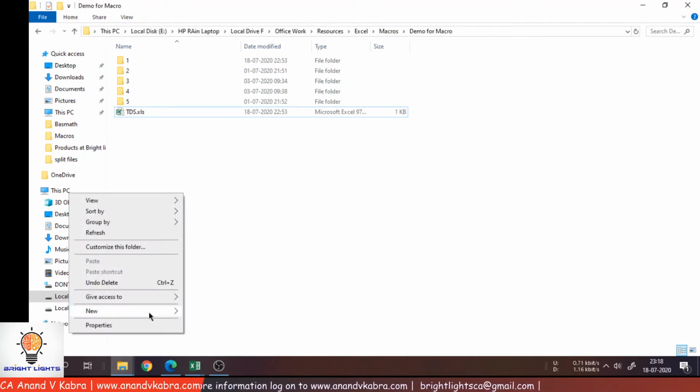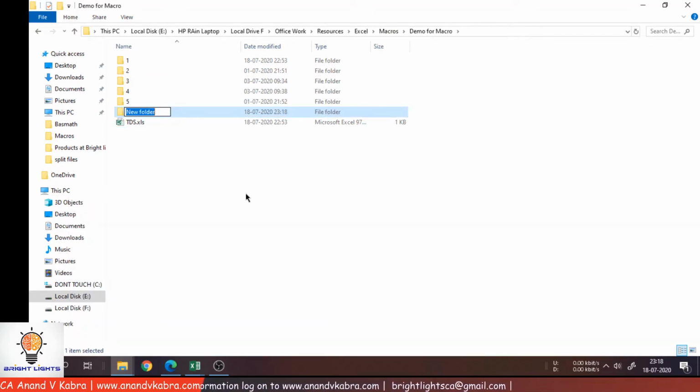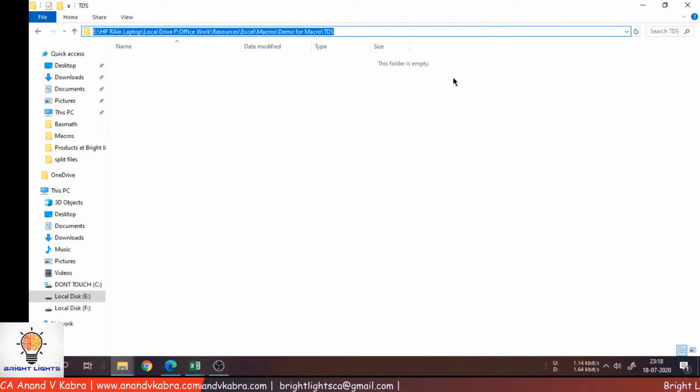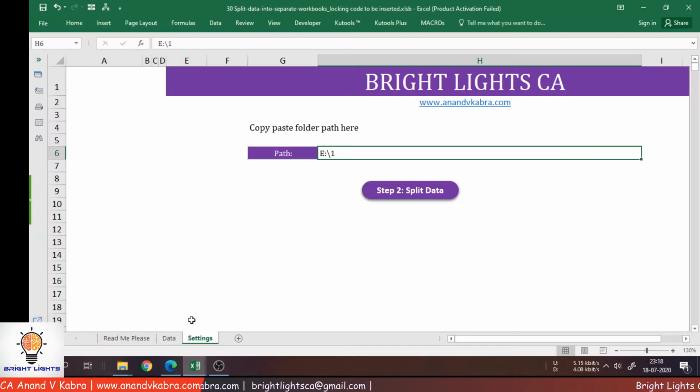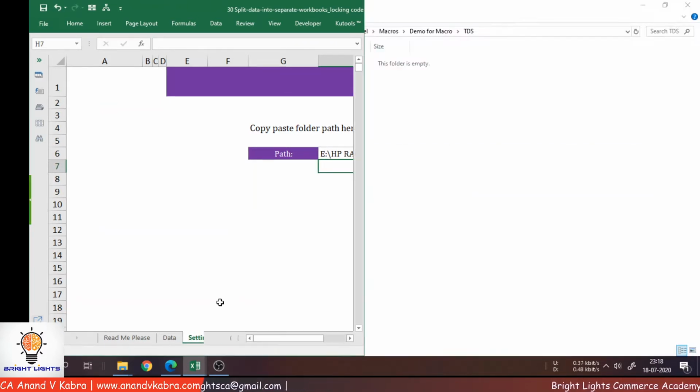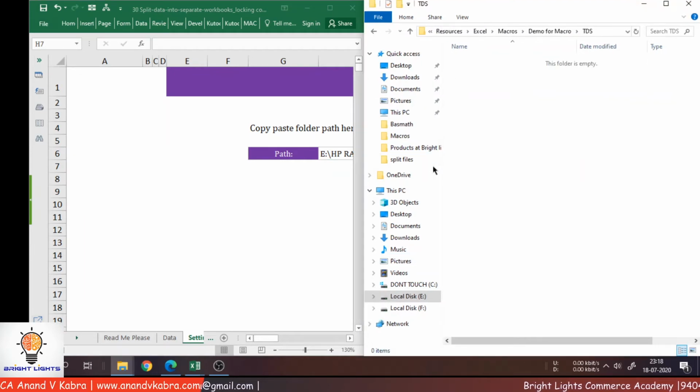I'll create one folder here, say TDS, and check out, there is nothing in it right now. Copying that path and pasting it over here. I'll show you how these files are created.